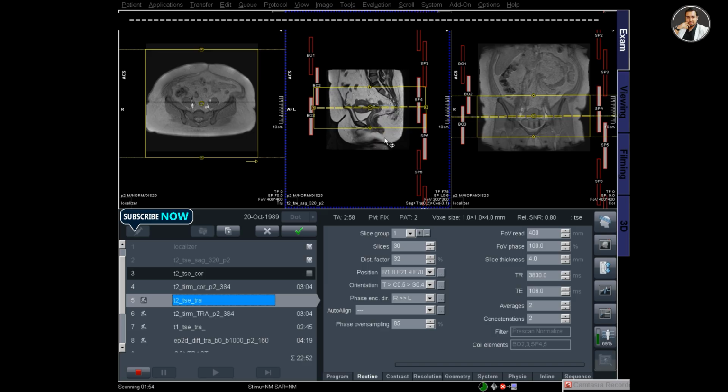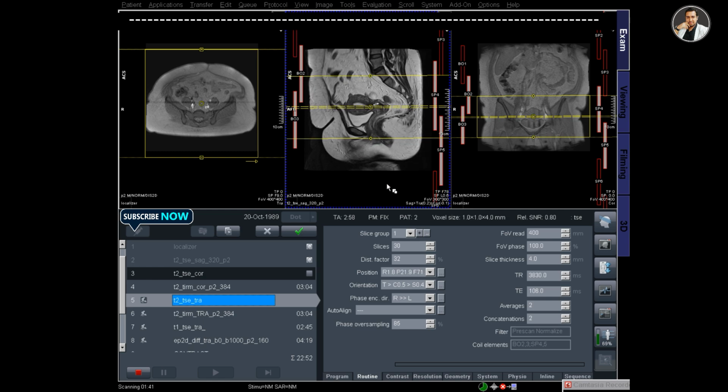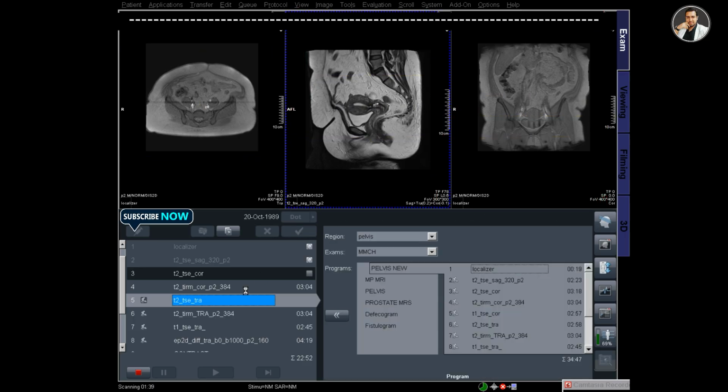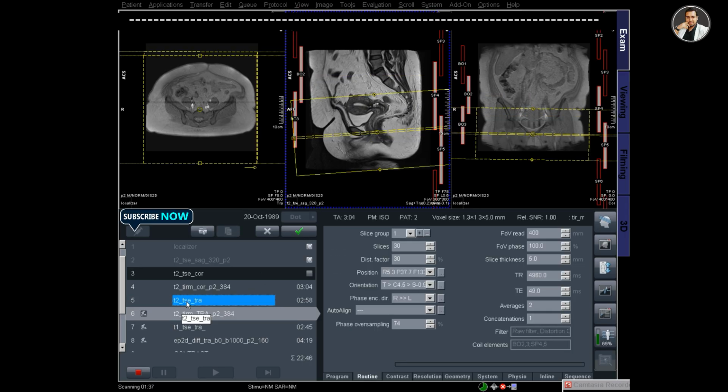So just adjusting the slices and changing the images, and make sure that the whole ovary, uterus, and the vagina are included in the slices. So after completing, click apply.